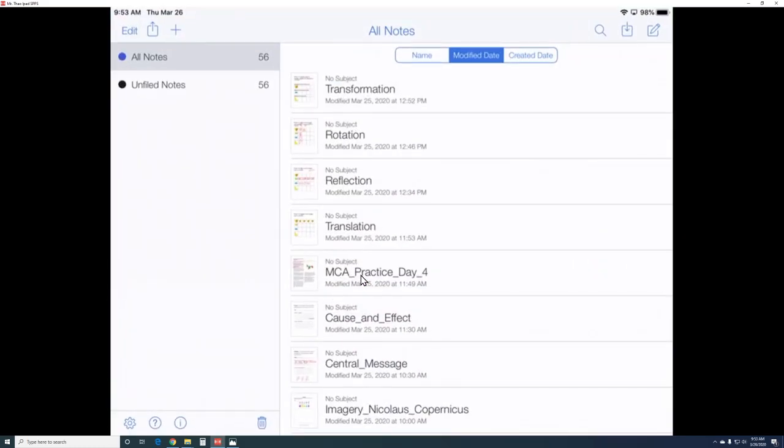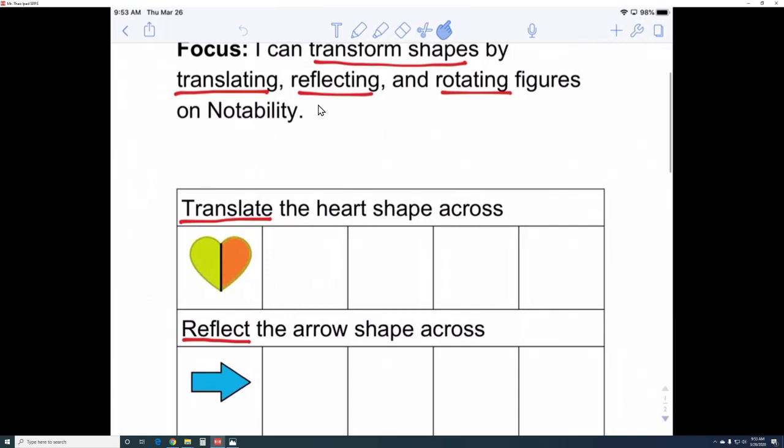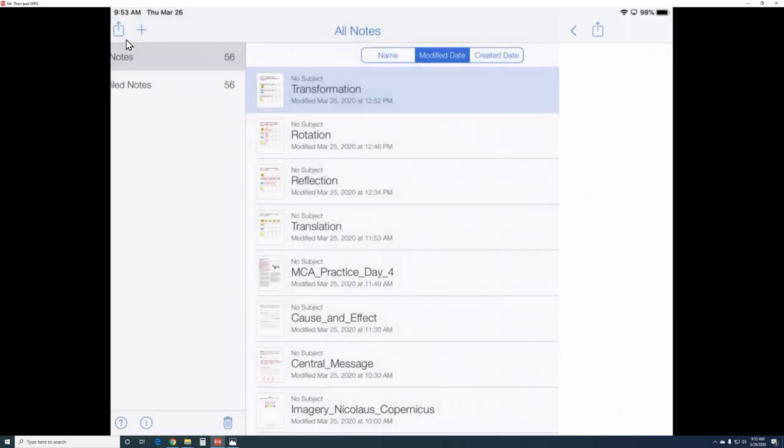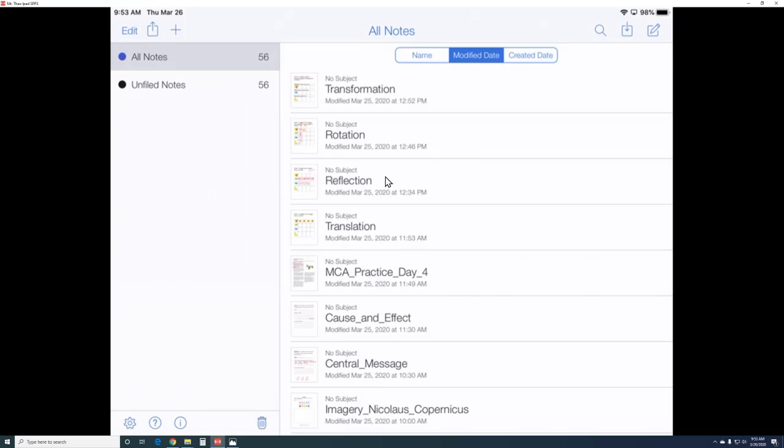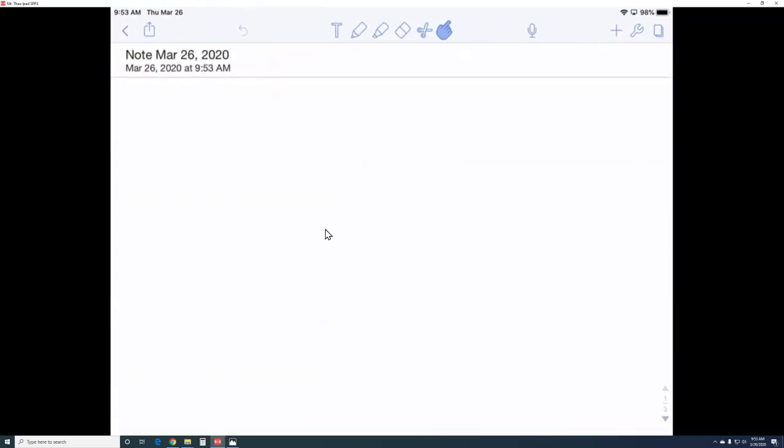I'll go to open Notability. When you are on this page, let's say you're not on this page and you're on like this page where you're working on stuff, you can just tap this back button to go back. Now once you're here, I would like you to tap on that pencil so that you can get a new page to open. Once this new page is open, I want you to tap on the wrench,